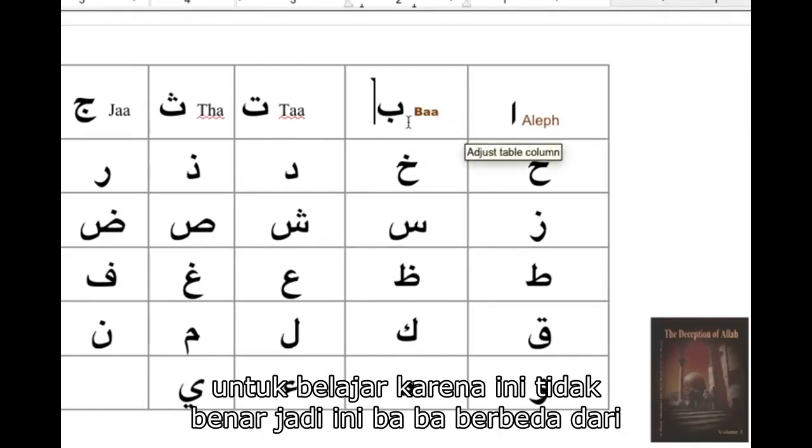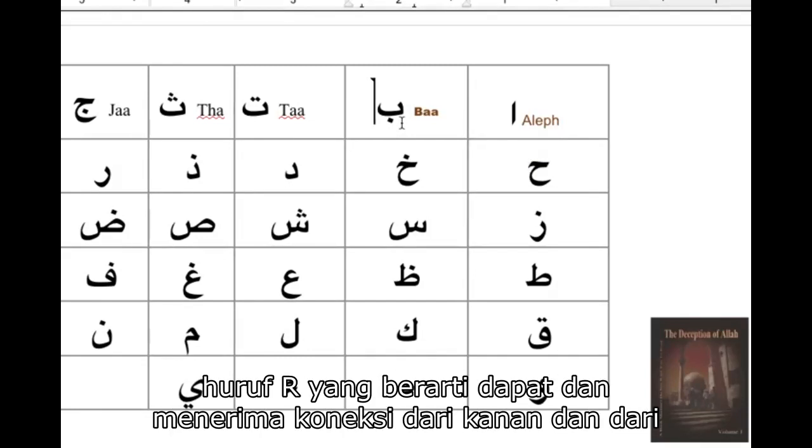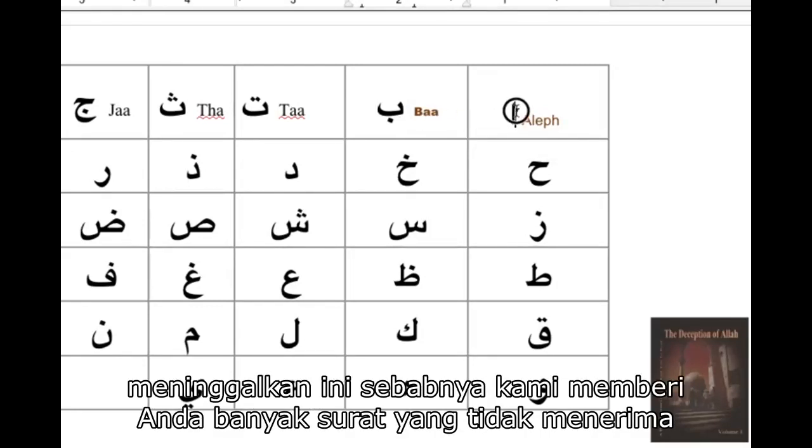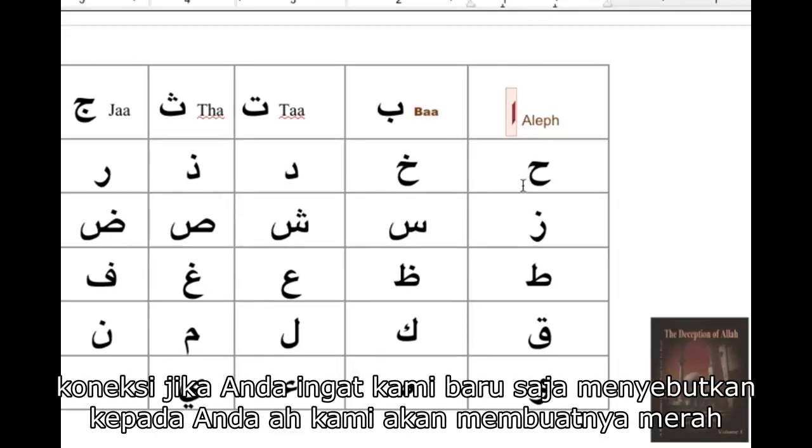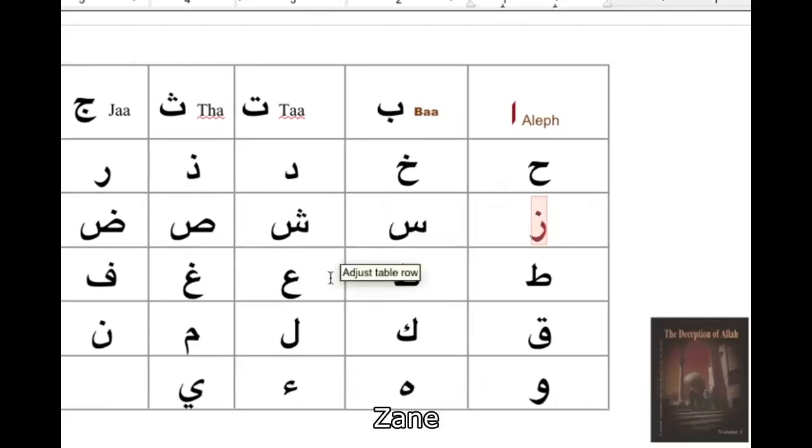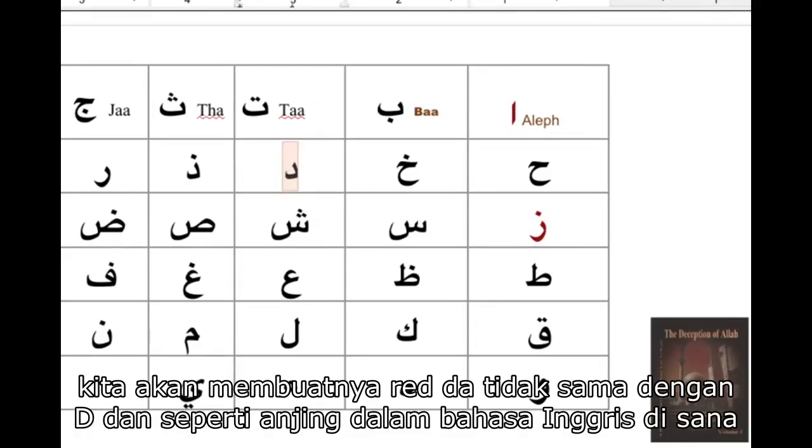So this is ba. Ba is different from the letter A, which means it can accept connection from the right and from the left. This is why we gave you a bunch of letters which don't accept connection. If you remember, we just mentioned to you a, we will make it red, zain, we will make it red,